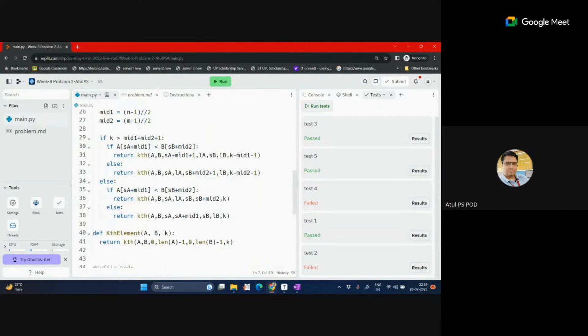SA equal to SB equal to mid 2. So this S equal to mid is less than or equal to SB equal to mid 2. Then SB is